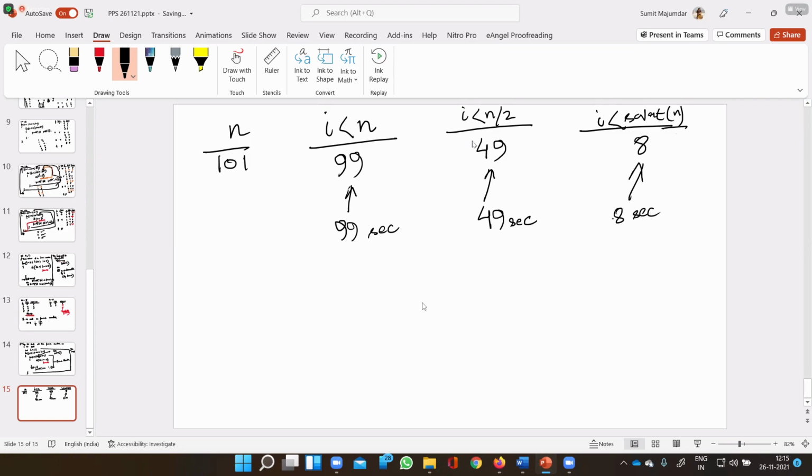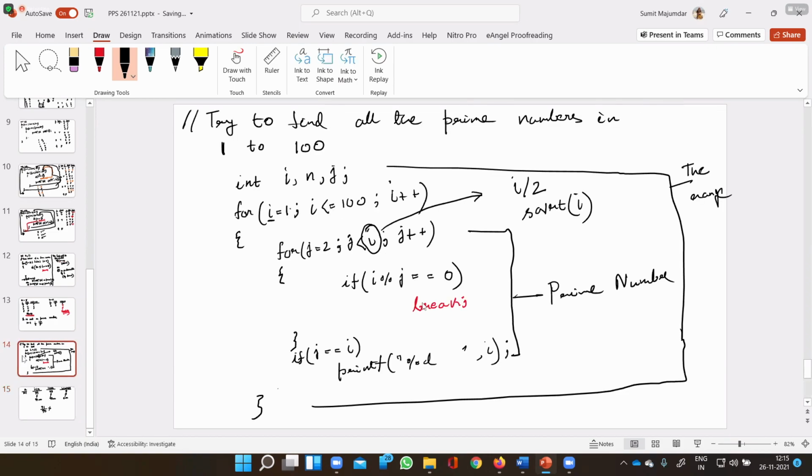So you can see that if I change just the condition, it reduces the time by almost 90 percent. If I increase the range, we can save a huge amount of time. So whenever it is asked to write optimized code, it is better to use this condition.